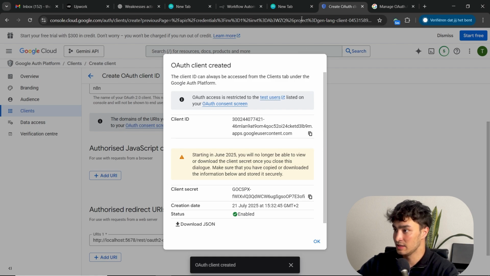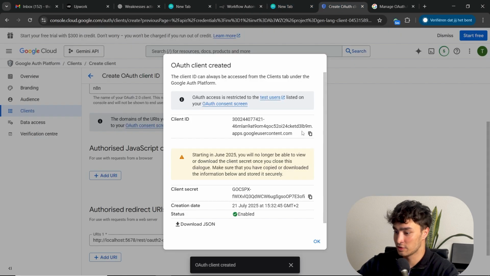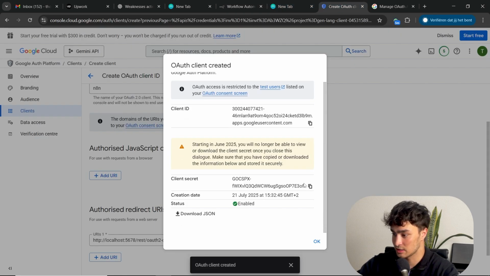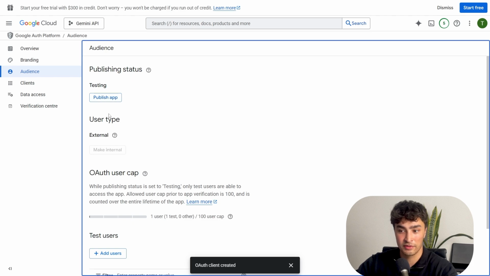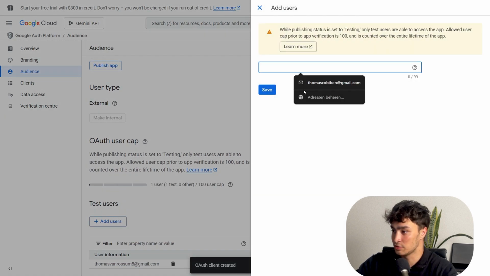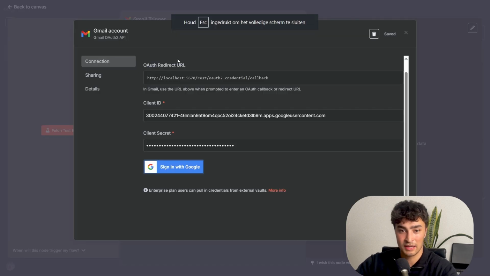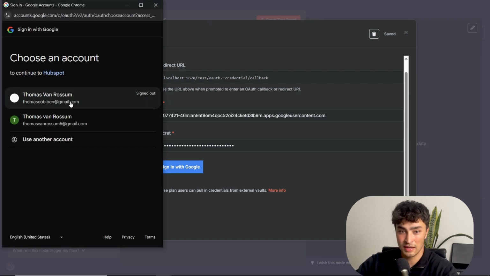Copy the client ID, put it into the workflow, and do the same for the client secret, which is this. This will only work if you give test access to your Gmail account. So here type your own Gmail account, which I've already added here. Then back inside of n8n, you can now sign in with Google. It could take around 5 minutes for it to work, so wait patiently, and after you should be done